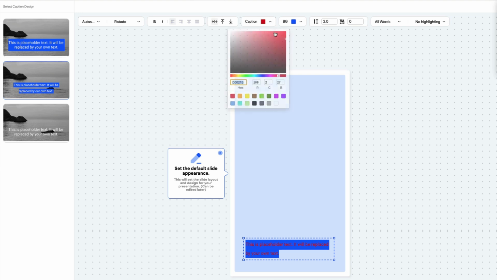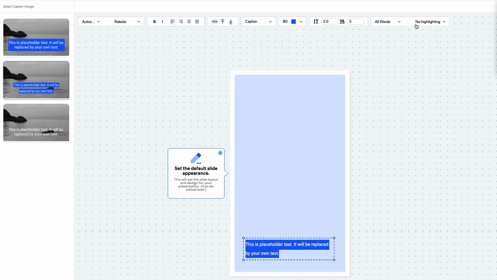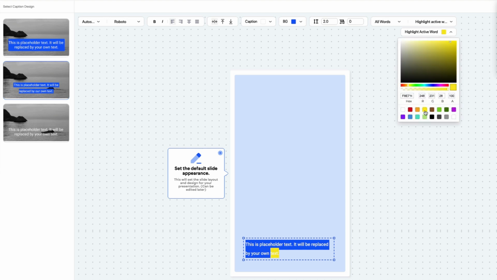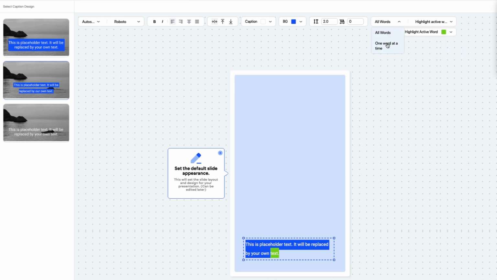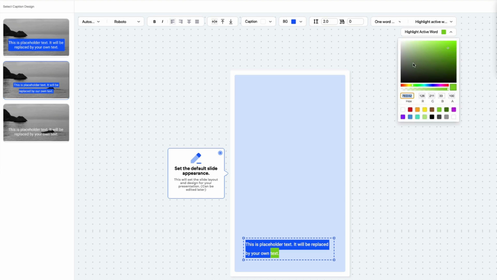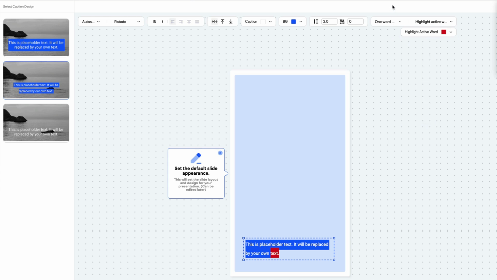Obviously that wouldn't look very good. I also have the option, if I wanted to, to highlight the words. So let's just say maybe I want this highlight to be yellow or maybe a green color. As the voiceover is playing, it will highlight each word. And if I wanted to, I could show it one word at a time, or I could show all the words at one time. This is another one of our really cool features that we've added to the new version. So once I have that ready to go, I'm going to click on next, and it's going to